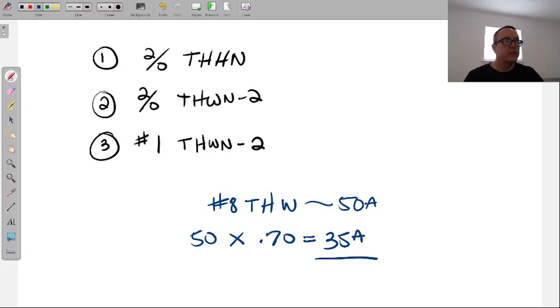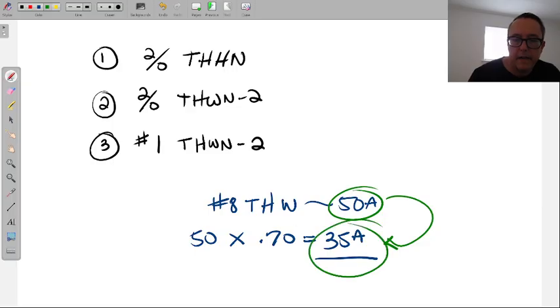terminology, so that we don't get stumped on the exam just by the way a question is worded. That would be the worst. Sorry, just answering the last one so that we have the answers. So the ampacity of the number 8 is 50. The adjusted ampacity of that number 8 is 35. And again, in an exam, both of those answers are going to be there. 50 and 35 will be there.